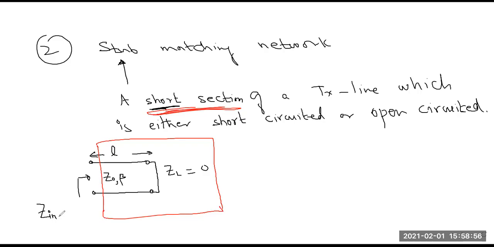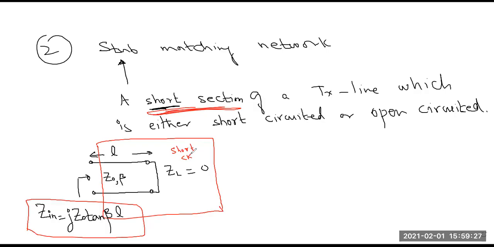From our transmission line theory, which we have already covered, the input impedance of this line is equal to jZ0 tan(beta L). You can refer back to my previous lecture to find this. So for this short-circuited section of transmission line, the impedance behavior is